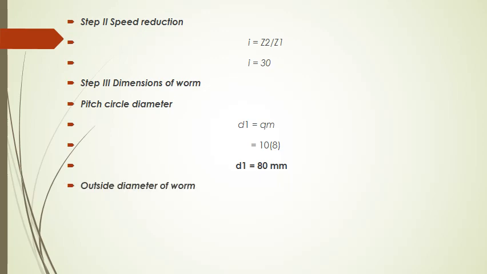Now outside diameter of worm, DA1 is equal to M into bracket Q plus 2. Therefore DA1 is equal to 8 into bracket 10 plus 2. Therefore DA1 is equal to 96 mm. Next, lead angle. Lead angle is given by tan gamma is equal to Z1 upon Q. Therefore tan gamma is equal to 1 divided by 10. Therefore gamma is equal to